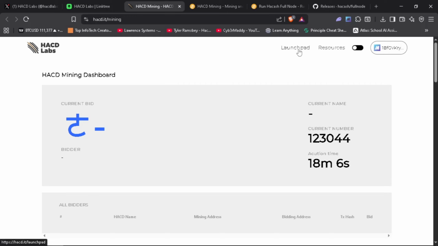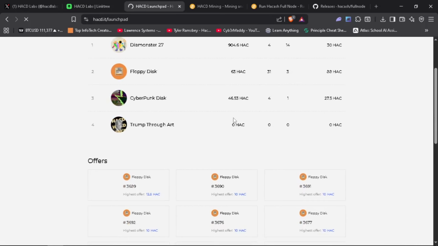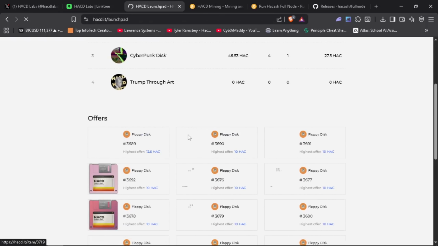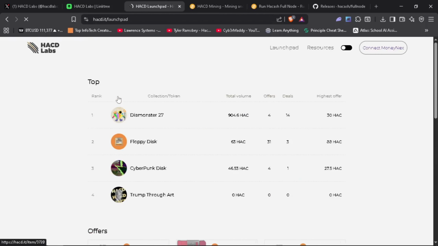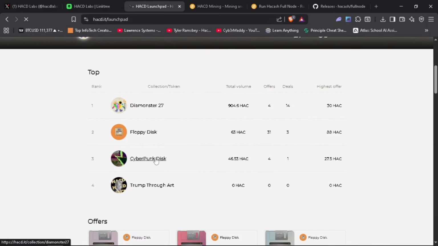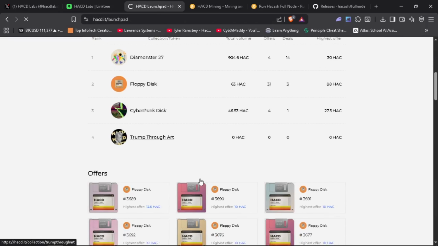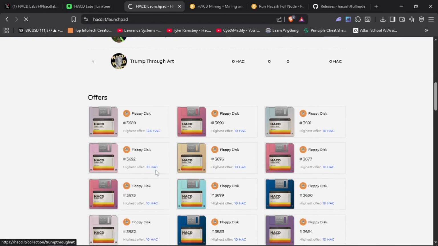Then come to the launchpad. This is where you get to see people who already have HACDs that you can participate in buying as a collection or an item. These are the different collections: Diamond Star, Floppy Disk, Cyberpunk, Trump, and so on. You pay for them by using HAC and HACD. So you just click on one of them here,